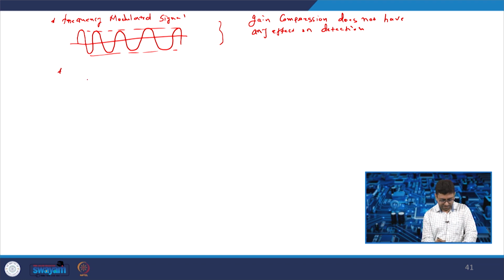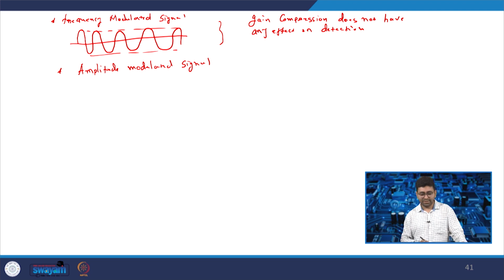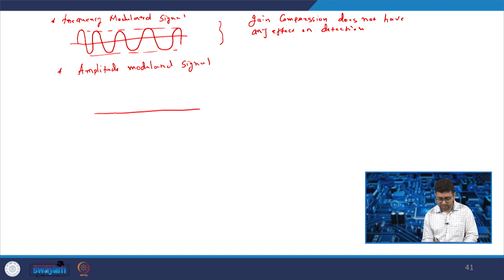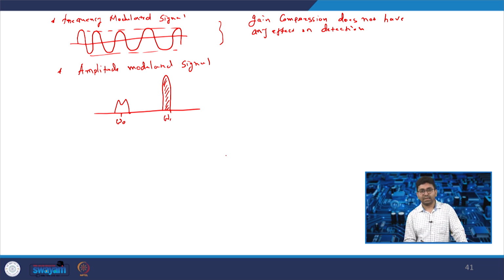But let us say you have an amplitude modulated signal. Now, in an amplitude modulated signal, if there is some interferer, at frequency omega naught there is a desired signal, and at some frequency omega 1 there is an undesired signal, that is called a blocker signal. So, what will happen when there is a very high amplitude blocker signal, due to the harmonics, or it will try to add the